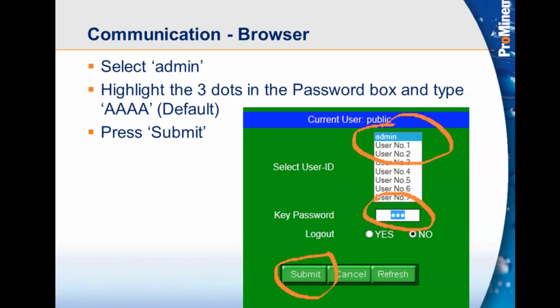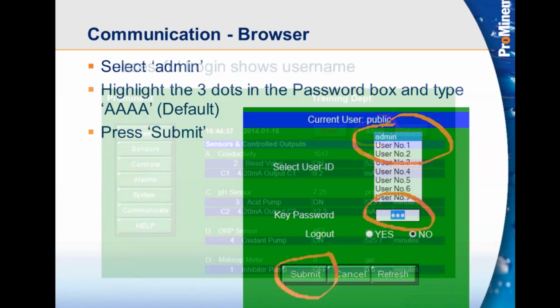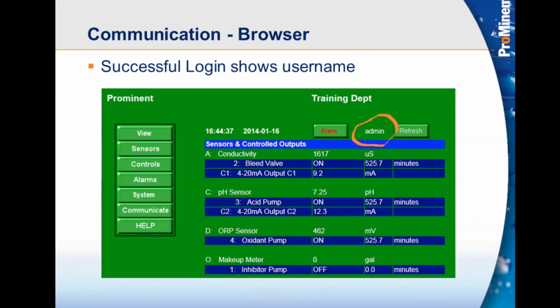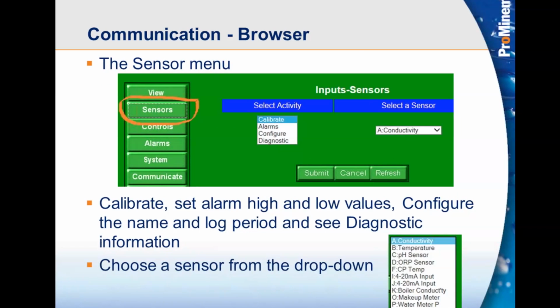You would highlight the admin, put the password in where the 3 dots are, and press submit. Once you've done that, instead of the login button, you'd see the name of the account that has logged in, the admin in this case. And from there, we can start to go through a little bit of understanding of what the menu does. If you click on sensors, then